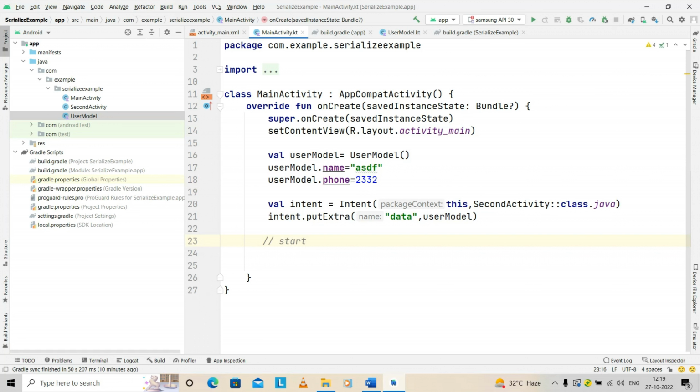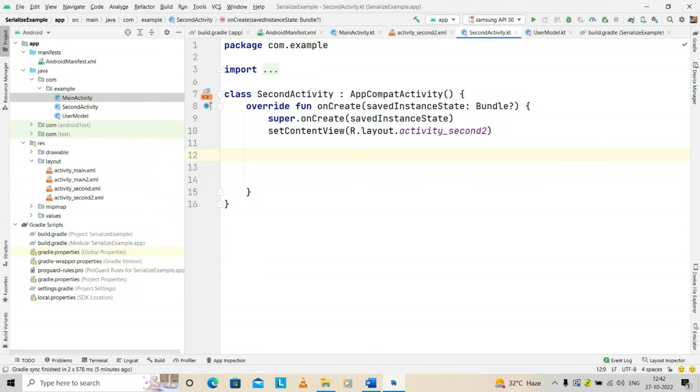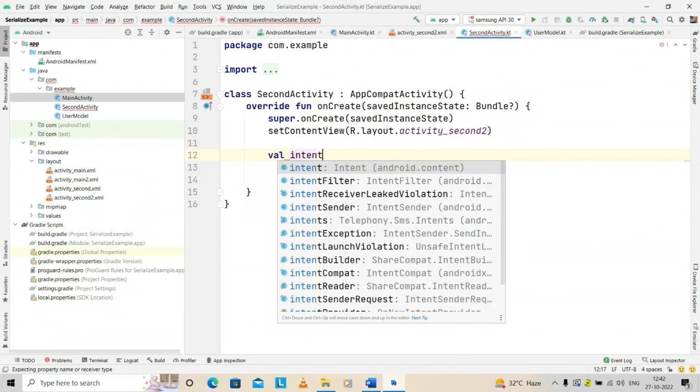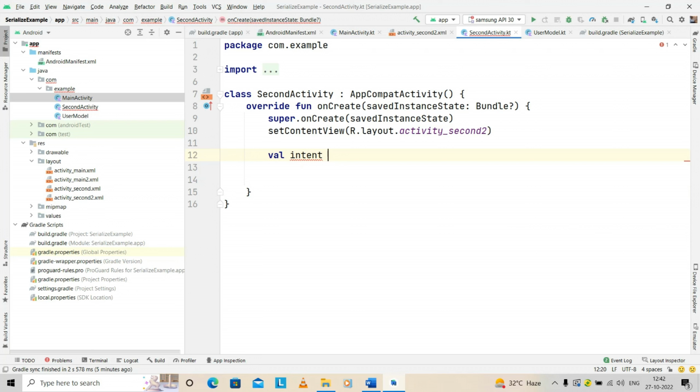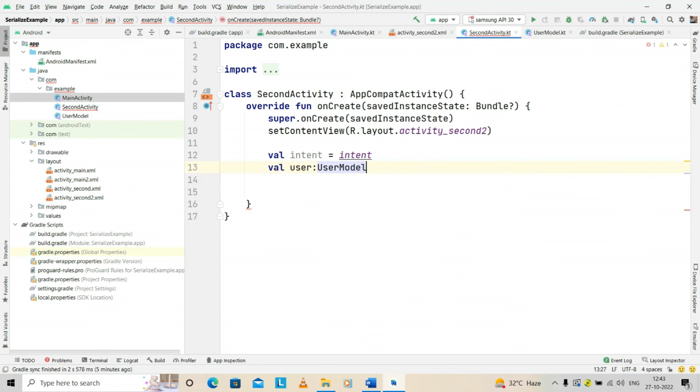Because these are very simple steps, you can learn them. I just described the things here, and on your second activity, what we needed is that. So how can you get those values here? You can make it as an intent or you can directly use it. If you want to make it as an intent here, you can just say for the user, and that user you can pass as a user model, and that user model we can fetch as an intent